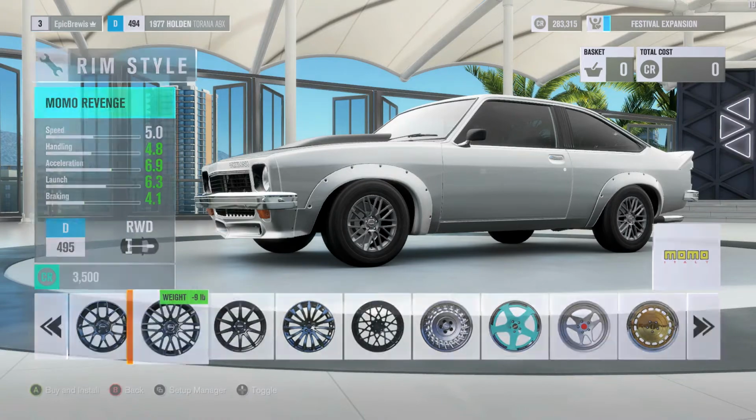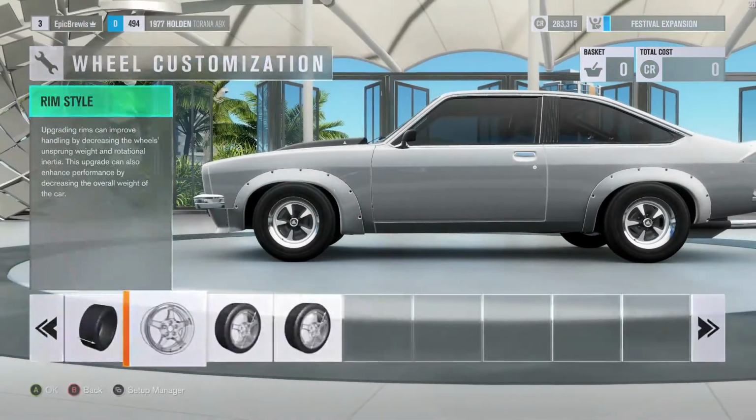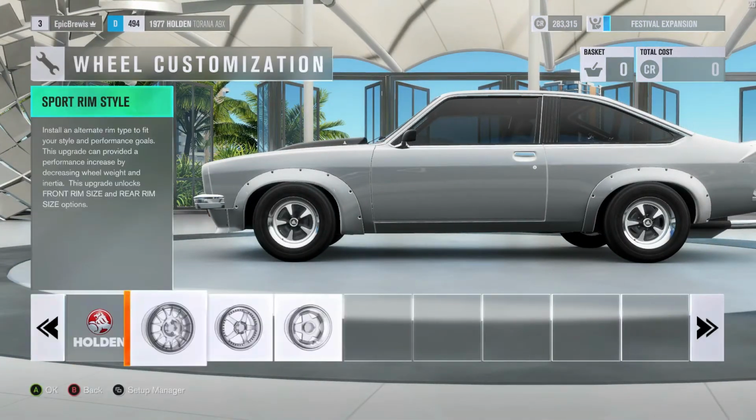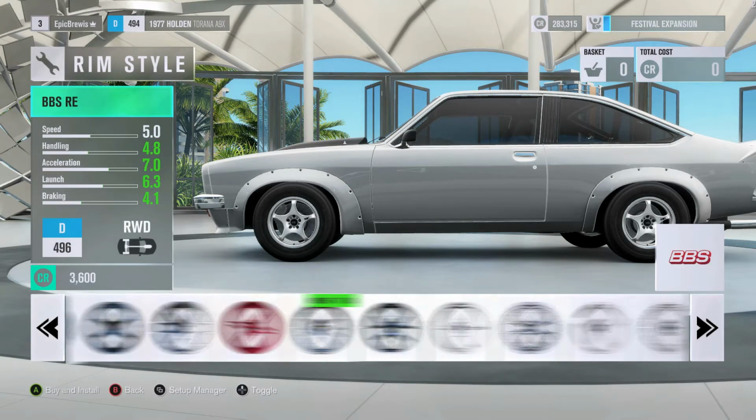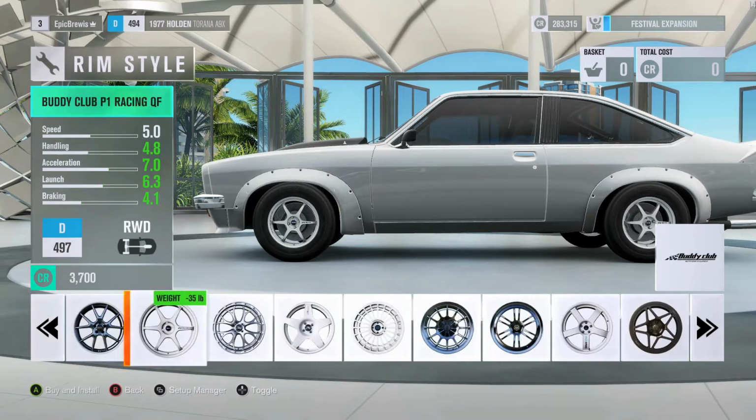But I haven't really seen any rims that I like other than those first ones back in the Sport. They were the Graham lights, I think. Ooh, see the lag right there while I'm trying to...